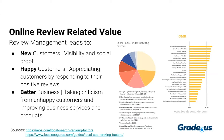And so that's a little tougher for prospects to hear, but you're giving them the tools to help them, and so it's basically turning that, when they come from the objection or the fear, you're turning that as a value proposition. And not only that, in terms of the services that you're offering and responding to positive, happy review customers, when you're responding to unhappy customers and reviews, because unhappy customers will find a way to leave a negative review on a business they didn't have a good experience with,